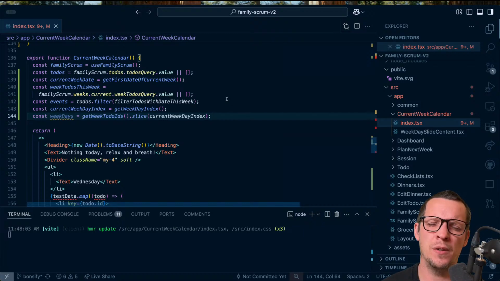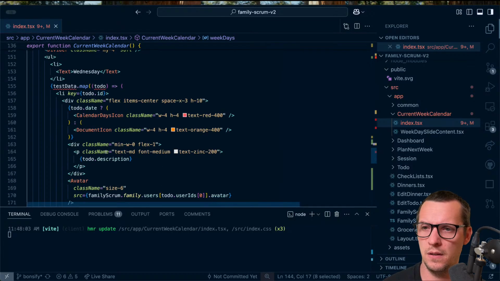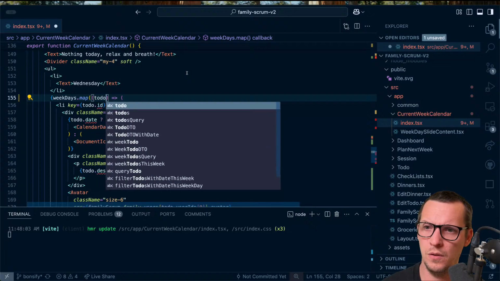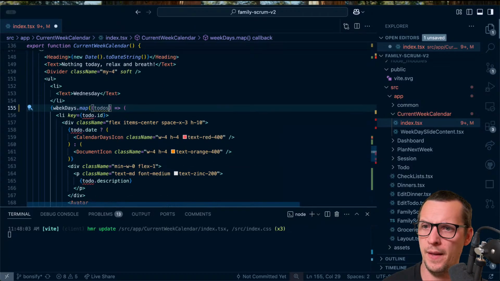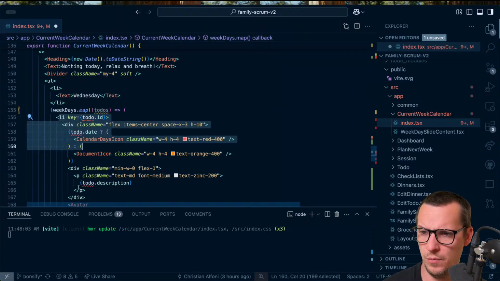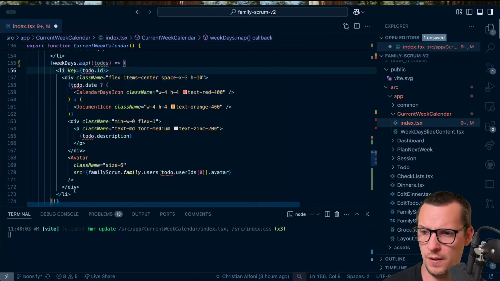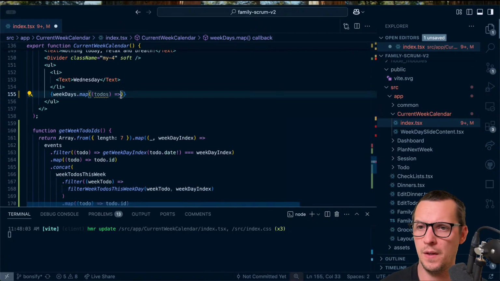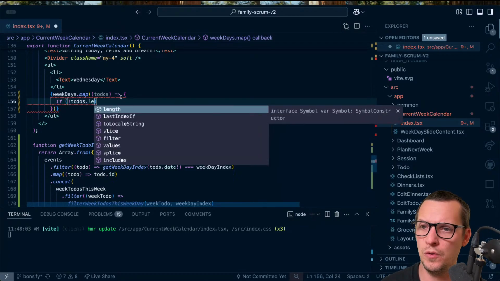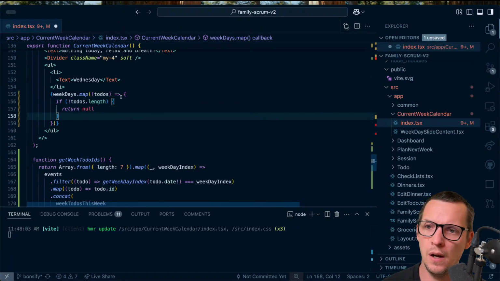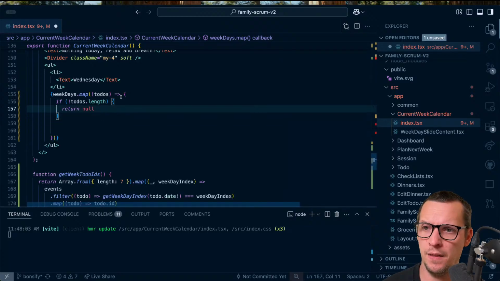And then we're going to start iterating this. So weekdays, to-dos. And then what we're going to do is, well, we're going to move this whole thing for sure. So let's see. So if no to-dos.length, then we're just going to return null. We're not going to show anything. But if it has a length,